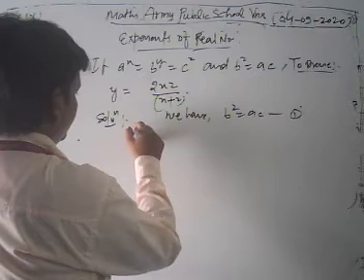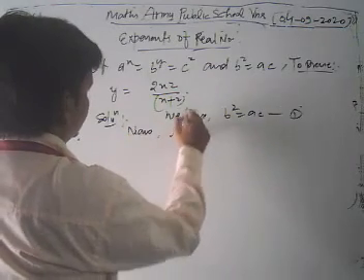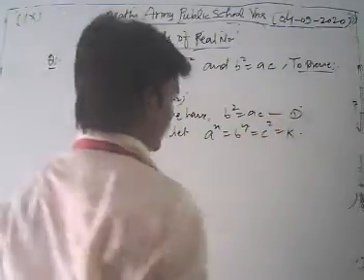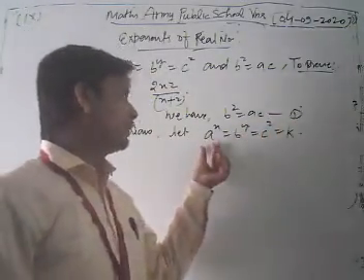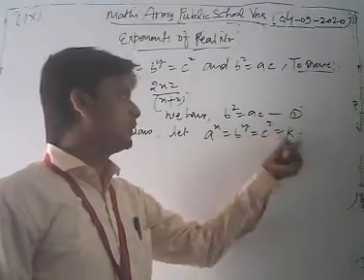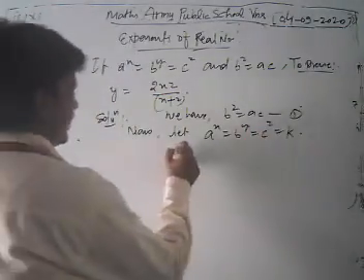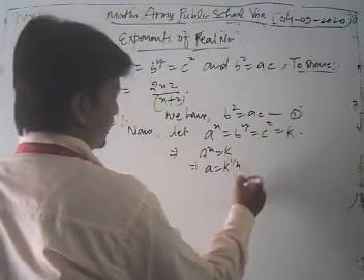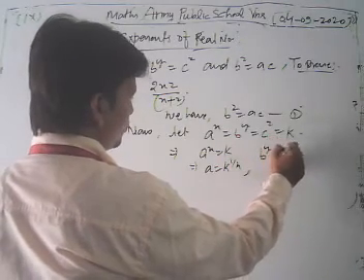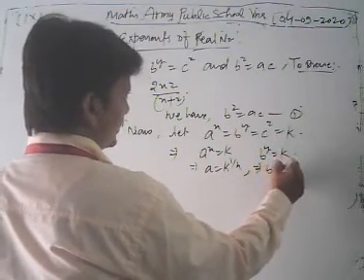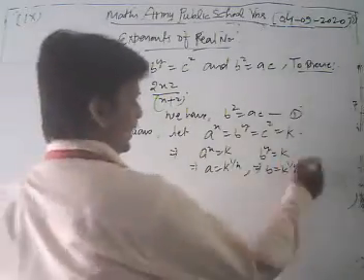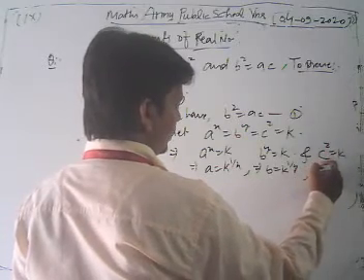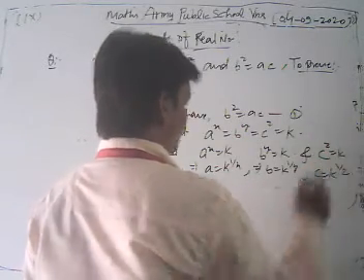Okay. Now let a to the power x is equal to b to the power y is equal to c to the power z is equal to k. Now look what I do. We can write a to the power x is equal to k, so we have the value of a as k to the power 1 upon x. If we take b to the power y is equal to k, then we get the value of b as k to the power 1 upon y. And if we take c to the power z is equal to k, then we have c equal to k to the power 1 upon z.